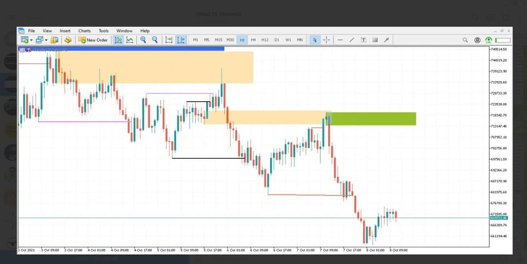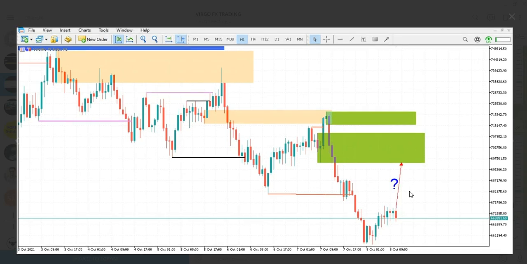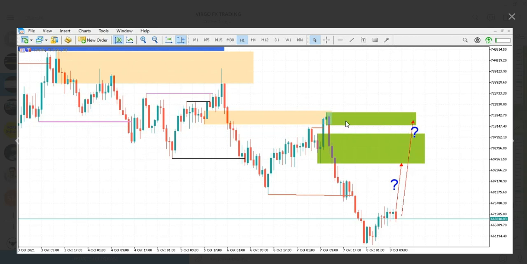Okay, where we were here. This hidden order block here, and then we highlight them both, the hidden one and the most visible one. And then what will happen next? Hence the question mark. Will price come and mitigate this order block and then go down because we're on a bearish trend, or will price come and mitigate this order block? Will it violate this one here?